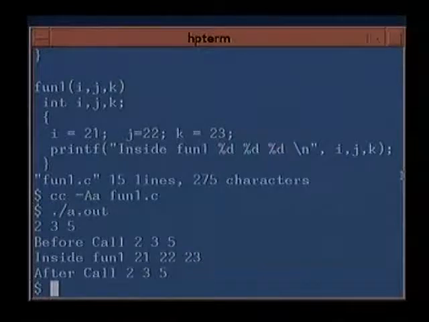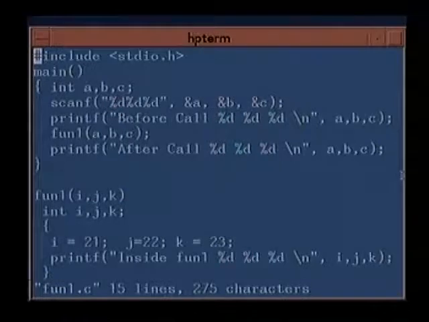So I did not get a change when I return back. That is, before the call, whatever I read in I got. In the function, these were reassigned, and after the function, they were returned back. So why I did not get a change is the first question. And if I do not get a change, then what is the use of calling such a function? Or how would I get a change if I want such a change? Are the questions that we will have to answer.